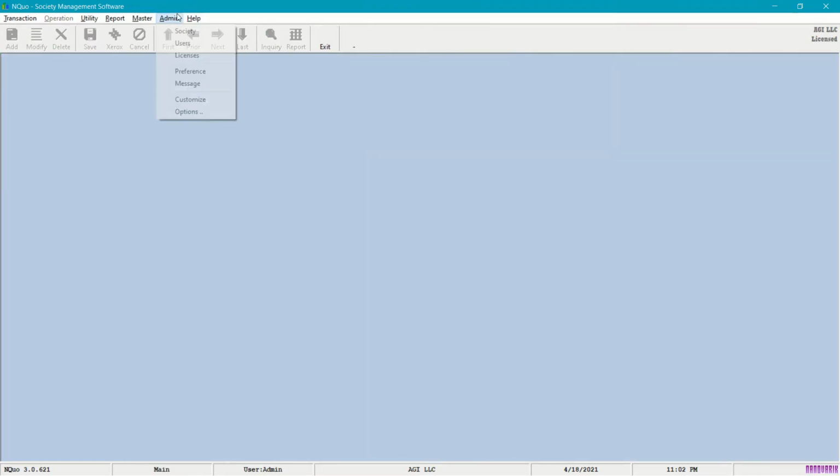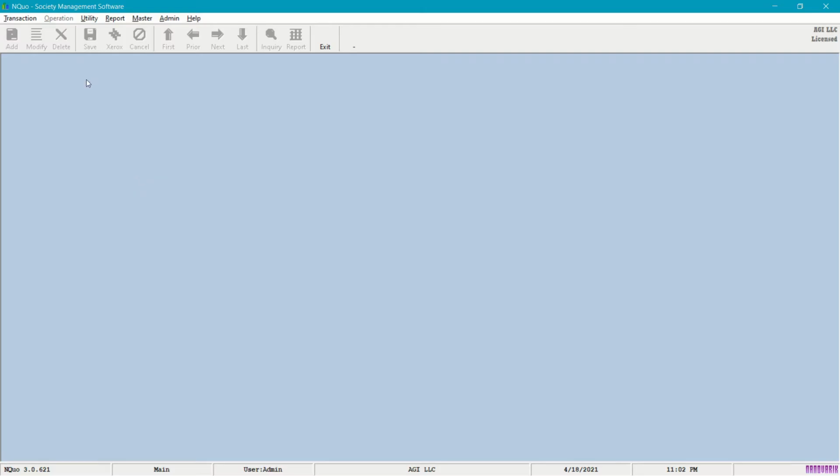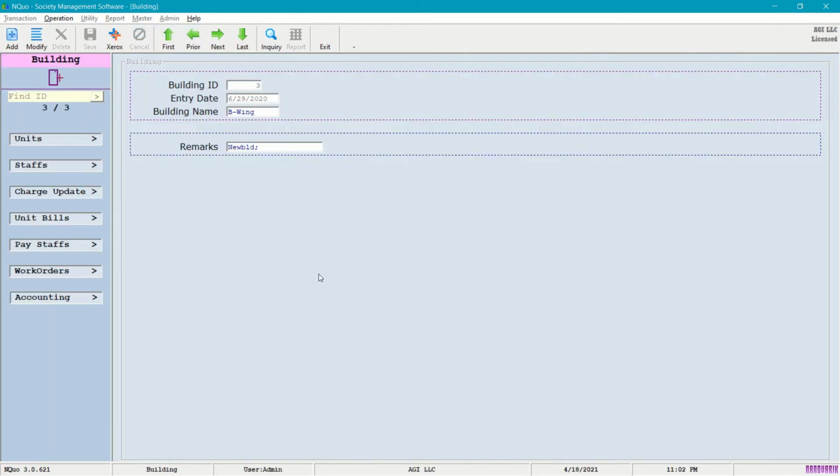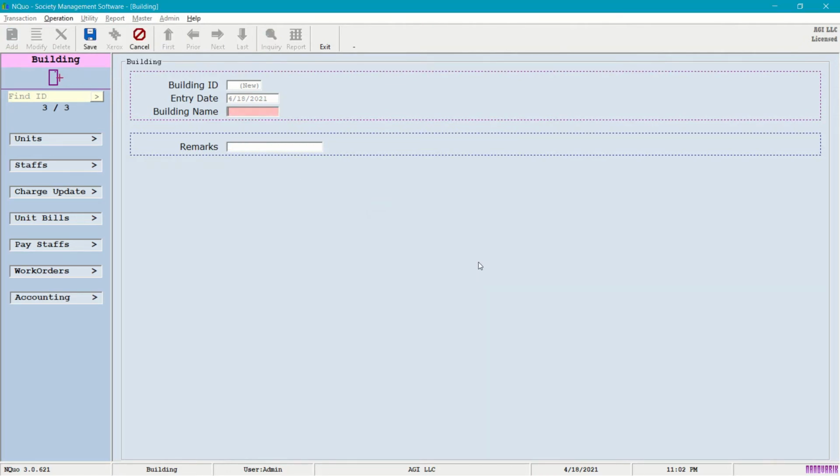Okay, so we went through all the details of admin, and the next key aspect which we talked about is, let me flip, to set up the building, charge and account. So all we are going to do is set up those pieces. So I'll go to master, I'll set up a building. We'll certainly create some new entries so that you can understand how to do that. Just click on the add button and confirm add. I'll add, say,